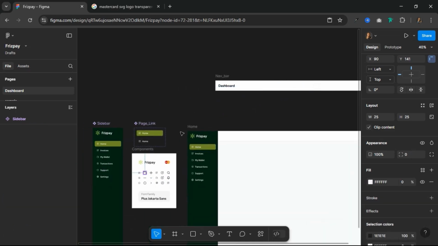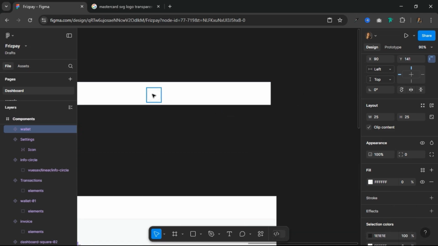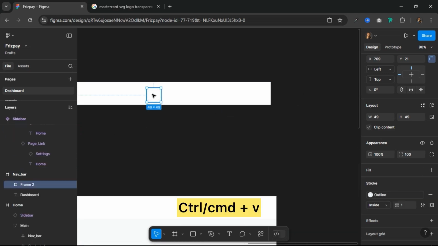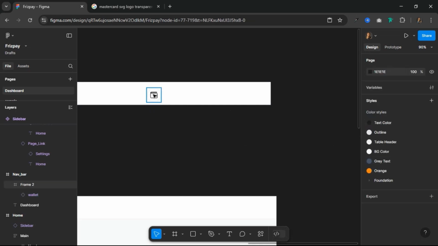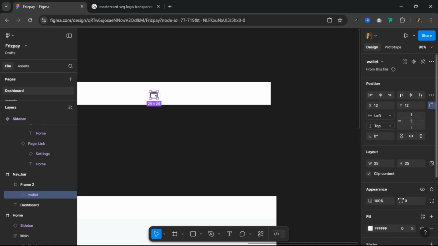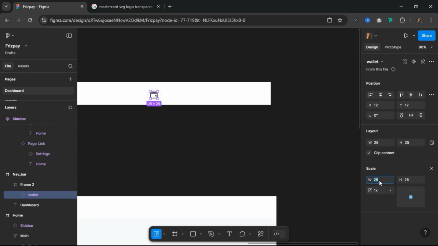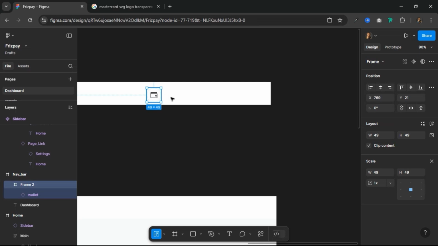So I will definitely change the icons later. So I just want to create a skeleton. Then I just control paste or command paste inside, and that's it. So this should be 25. Let's scale it down to 24. Yeah. So now that we have this, we'll just have to duplicate this,